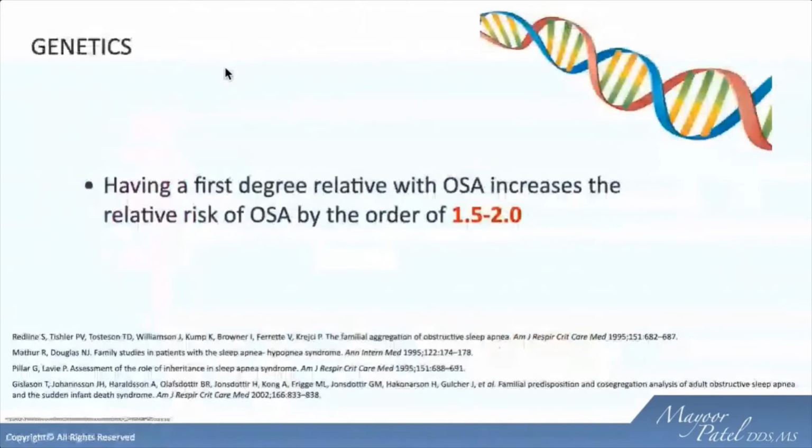As mentioned earlier, genetics has a component here, about a 1.5 to 2 relative risk ratio of having this condition if mom or dad has it. Sometimes it's a situation where the kids may get identified as having this condition, and as a result, it's not uncommon to look up at the parents and see which one of them or both may have obstructive sleep apnea as well, purely based on the genetic component. And when we look at the genetics, we're looking at more of the craniofacial features that get passed down, and probably also some of the neurological tone associated with the upper airway that may play a factor here.